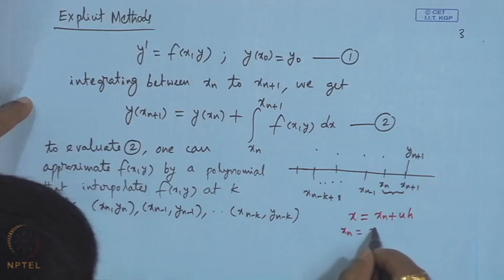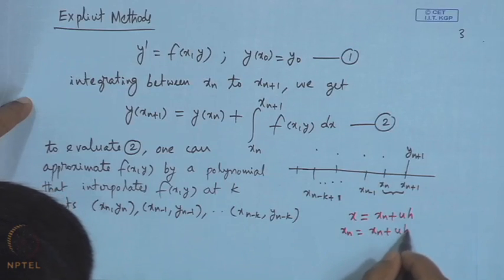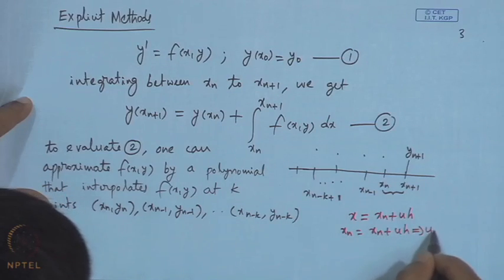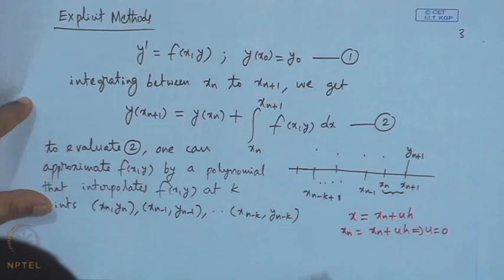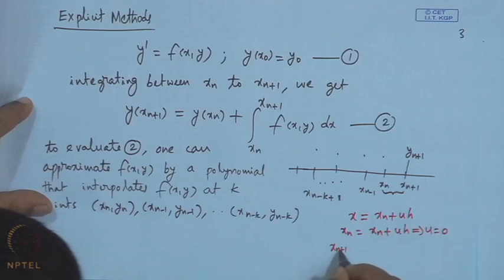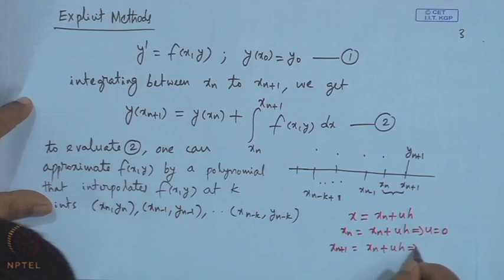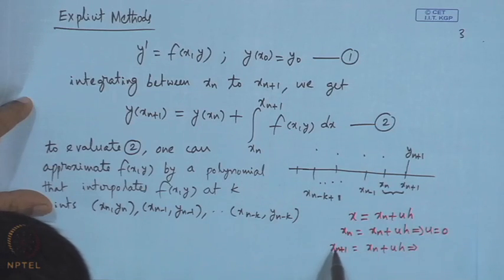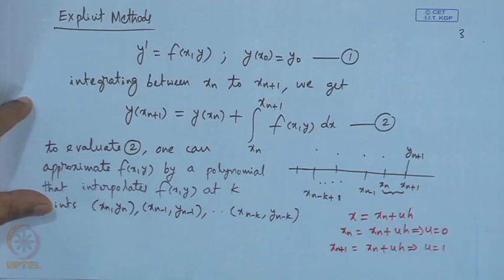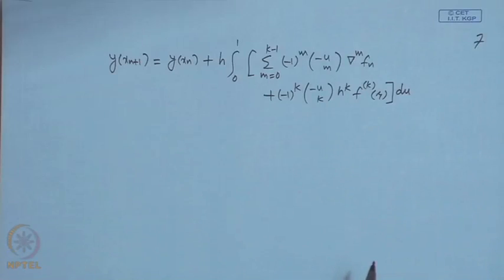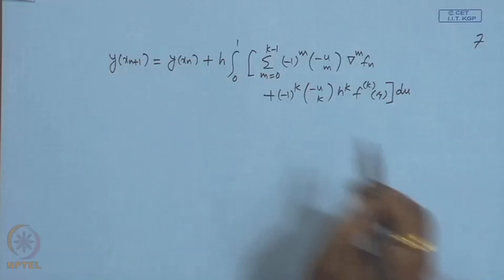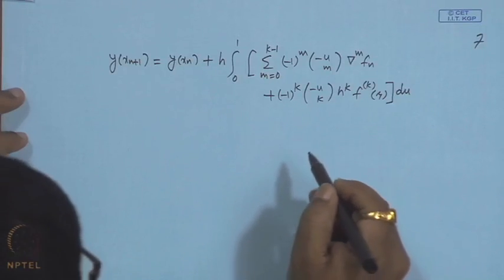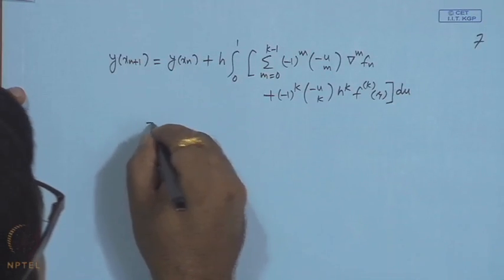when x is x n, this implies u is 0, and when x is x n plus 1, x n plus 1 minus x n is h. So, the change of variables brings these limits. Okay. So, now this is equal to